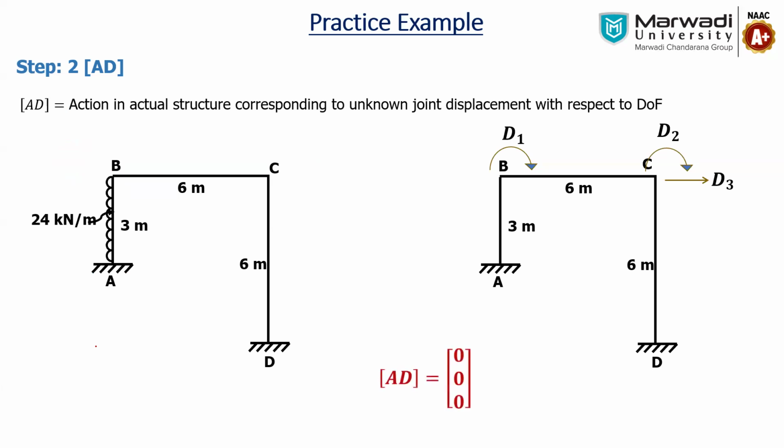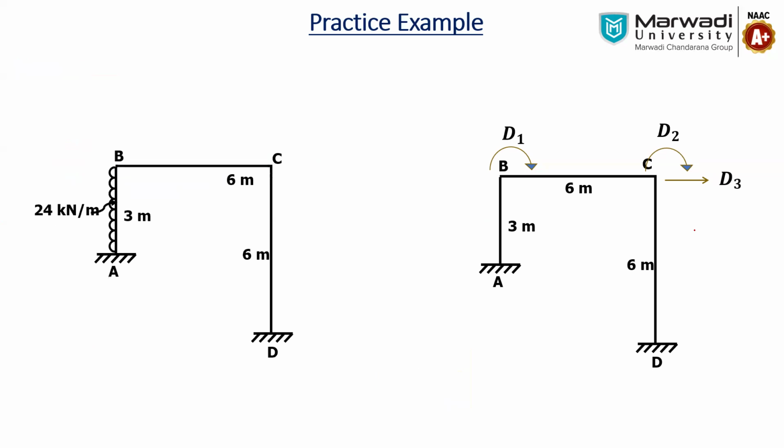So here in this case there is no moment at B with respect to D1, there is no moment at C with respect to D2, and there is no horizontal force in the column AB or CD. So AD is nothing but 0. Second, if we consider this one,